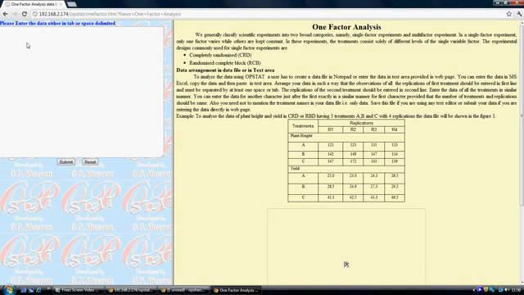is very simple. For your convenience, I demonstrate the data entry with the help of an example. Suppose you applied 3 treatments in an experiment in which each treatment is replicated 4 times, and you recorded the data for plant height as well as yield, and this is your data. So in order to see whether the treatment means differ significantly or not, we go for one factor analysis and we enter the data like this.